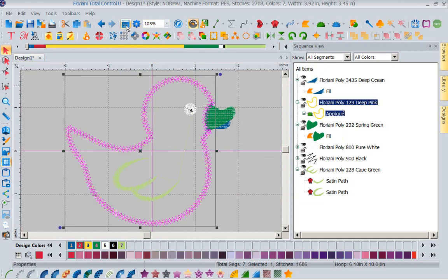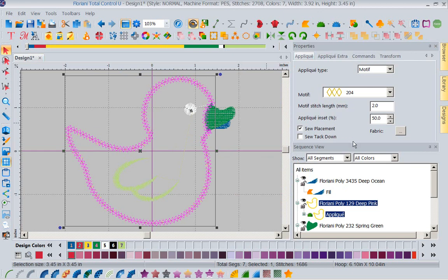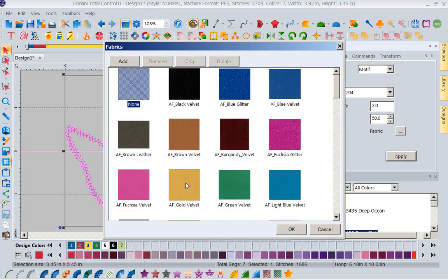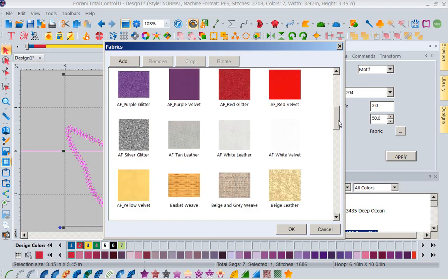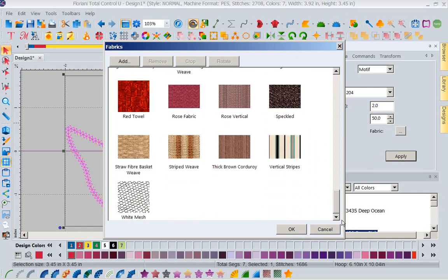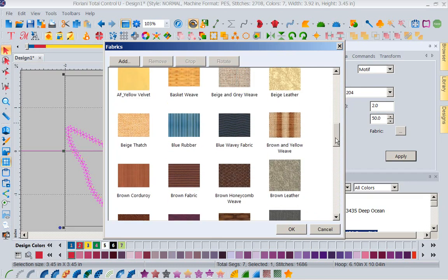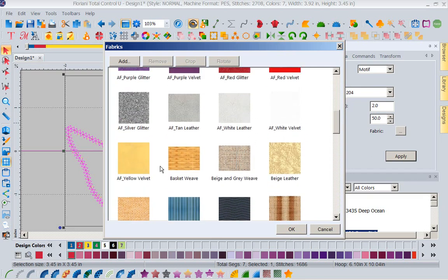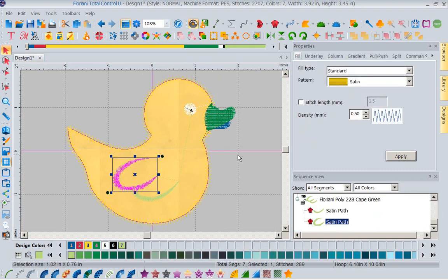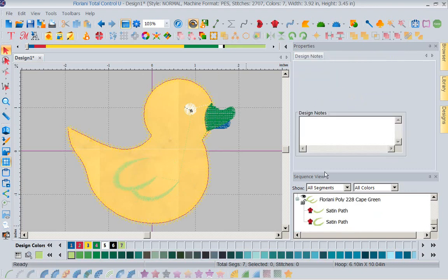Let's go back with our properties box, and we're still in applique. I could audition fabric in here. So I could say, what color fabric am I going to use? Now I can scan my own fabrics in. I can download them from the fabric manufacturers. They all have places where you can download their latest collections because of course they want you to buy them. So I want to audition yellow, and I can see what this is going to look like with my yellow fabric in it. So you've got all kinds of options with your applique